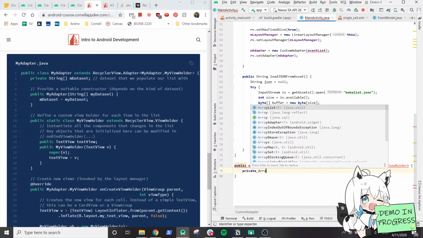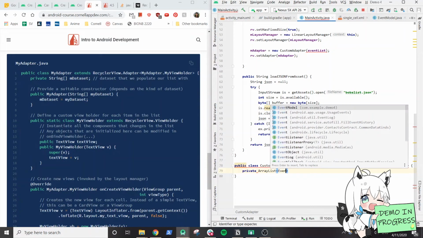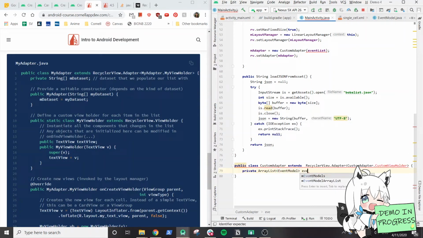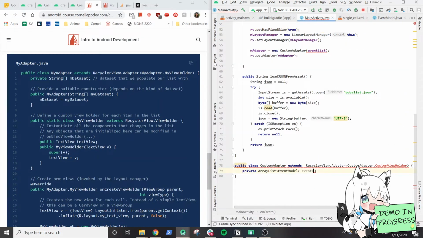Same as above, we need our own copy of the data. So event model. What happened? And then for our constructor, we use the public custom adapter. Takes in